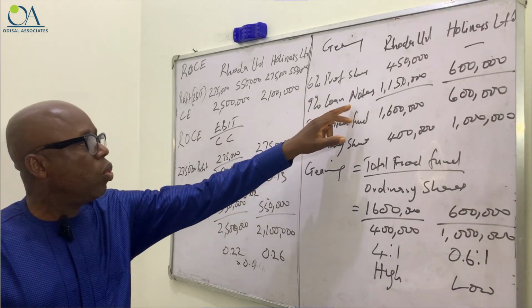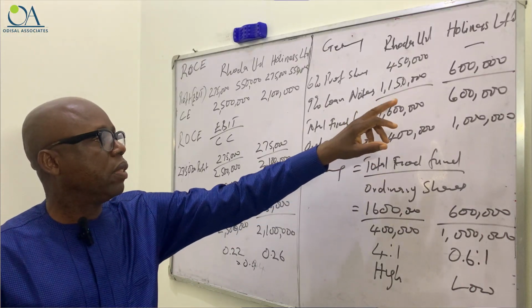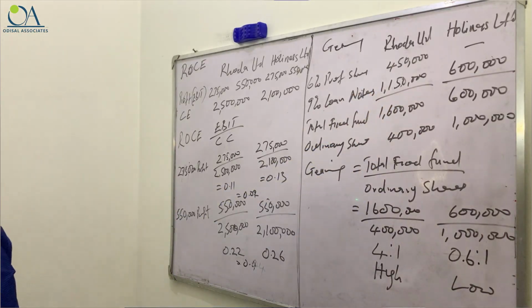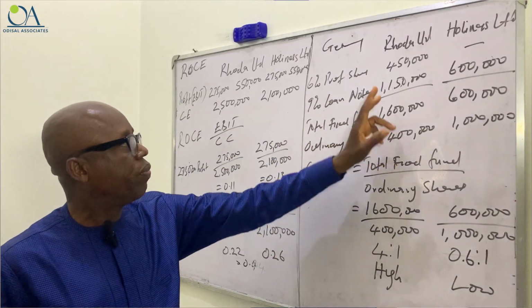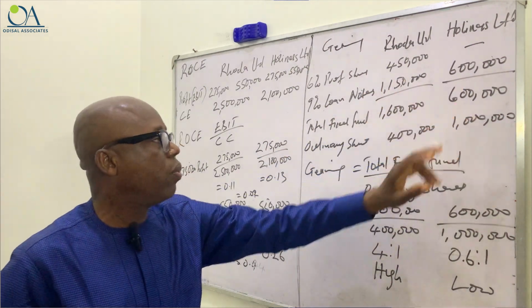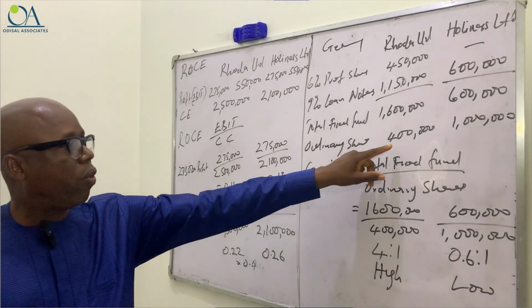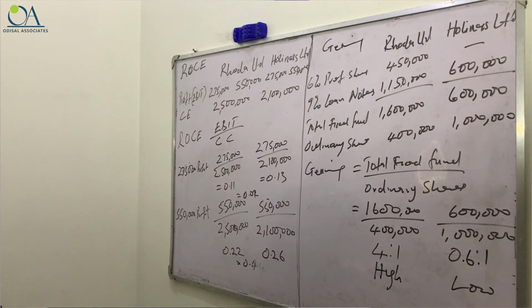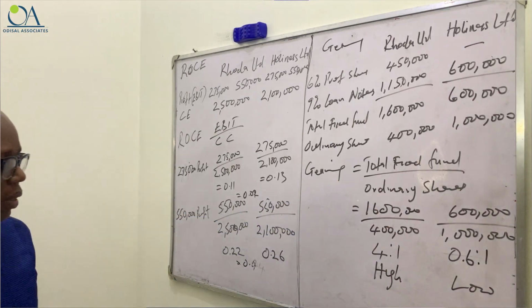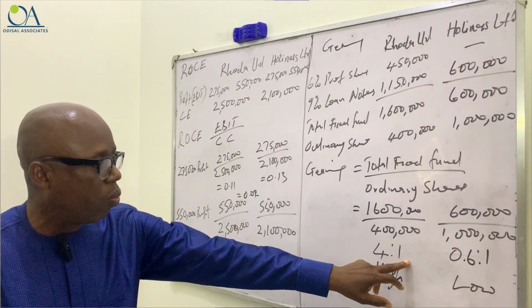They will have 9% loan notes for Rhoda, 1,150,000, and then Holiness has 600,000. If you add it up, you have the total fixed fund for Rhoda and total fixed fund for Holiness. Then the ordinary shares is 400,000 for Rhoda and 1 million for Holiness. We are asked to calculate the gearing ratio. So we have total fixed fund over ordinary shares. This over this will give you 4:1 and